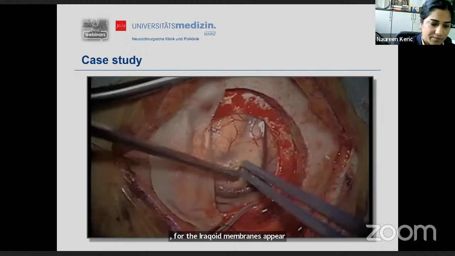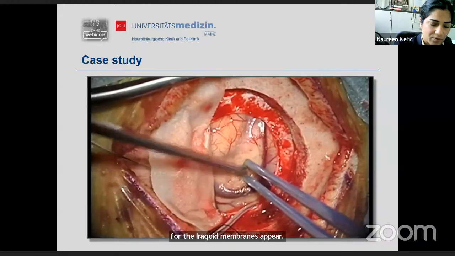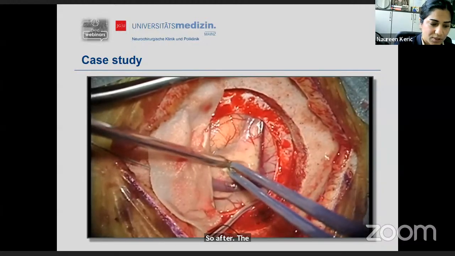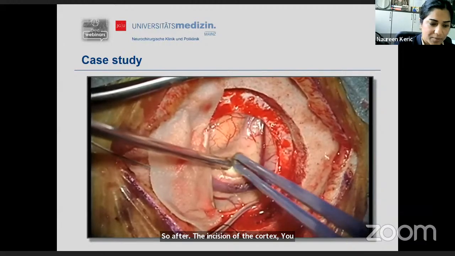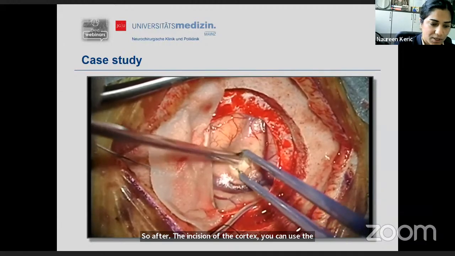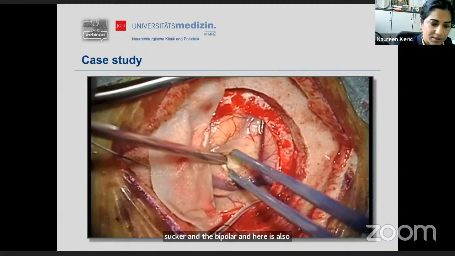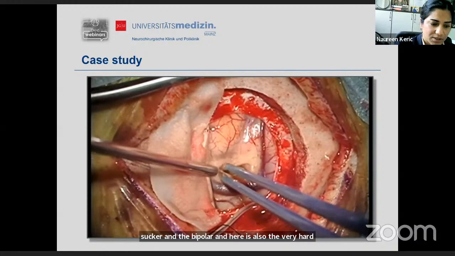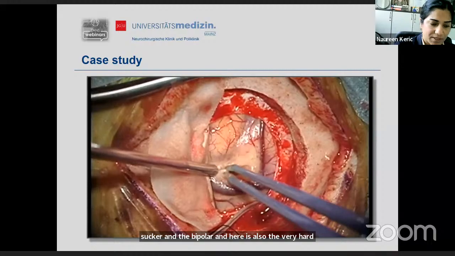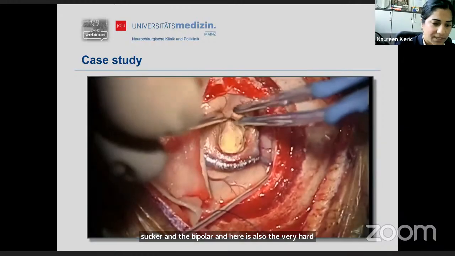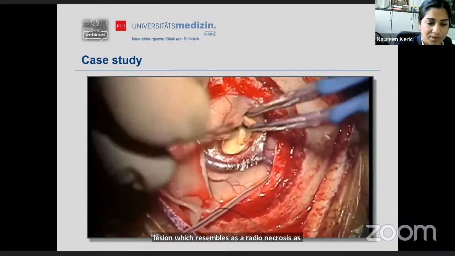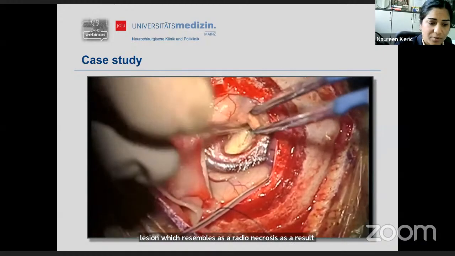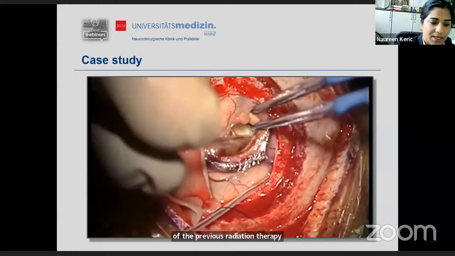So after the incision of the cortex, you can use the sucker and the bipolar, and here's also the very hard lesion, which resembles a radionecrosis as a result of the previous radiation therapy. So in this case, we